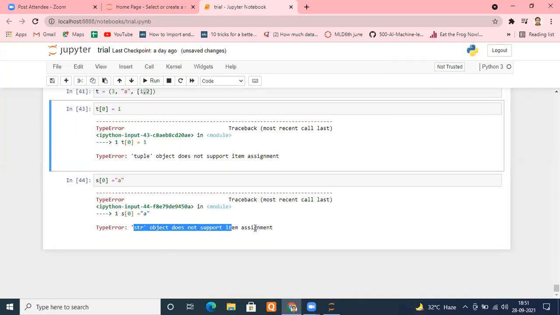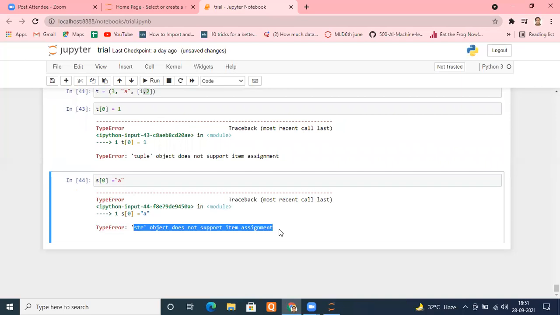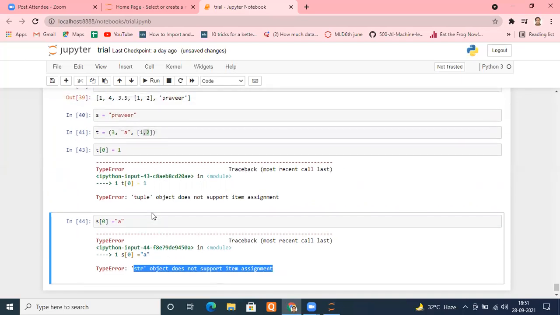Both are showing the same message, meaning both are immutable. Both come under the same category of immutable data types. Both are different, not the same. Remember that. Is it fine? Yes, sir.